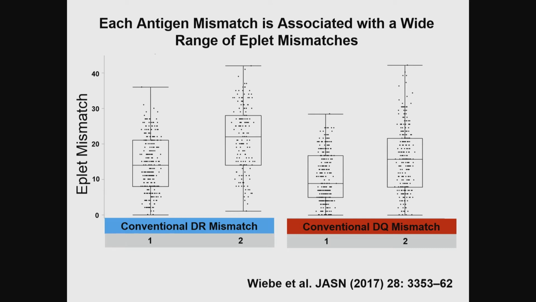Each dot here represents a donor-recipient pair, and you have the eplet mismatch on the y-axis and the conventional mismatches on the x-axis. So the important note here is that there is a tremendous range of eplet mismatch within any given conventional mismatch. And this alone actually explains why we don't have a statistical difference when we have a small number of patients. For those of you who like statistics, you could probably also imagine that if I increase this analysis to 100,000 patients, eventually those confidence intervals would tighten up